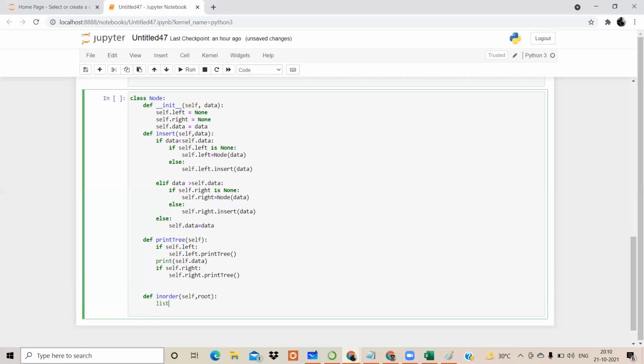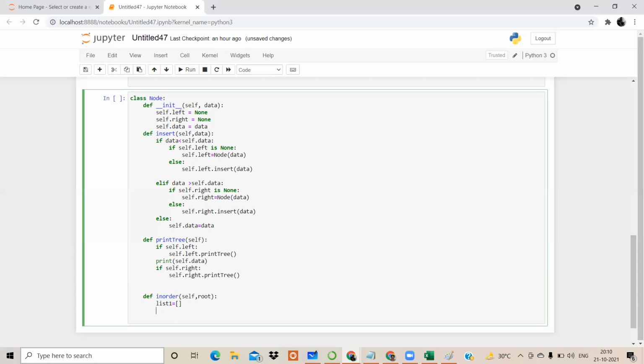Then we'll create one list which will store all our elements. So first we'll create an empty list, and we are going to add the element that is nothing but whatever are our findings. So उस list के अंदर add हो जाएंगे, and the output will be created in terms of list. So previously we were creating the output print tree से. So there might be a question, तो print tree directly use क्यों नहीं किया? Why we are writing again the code for the in order?